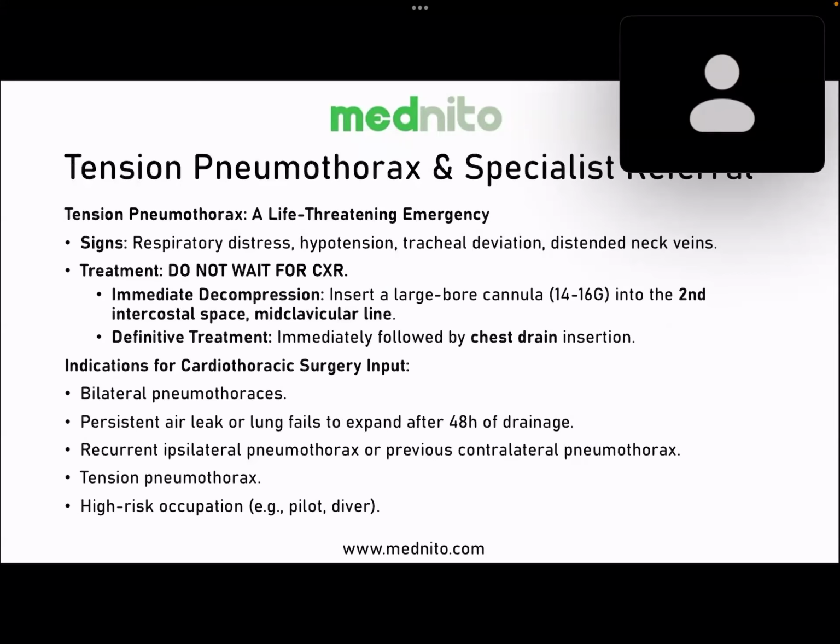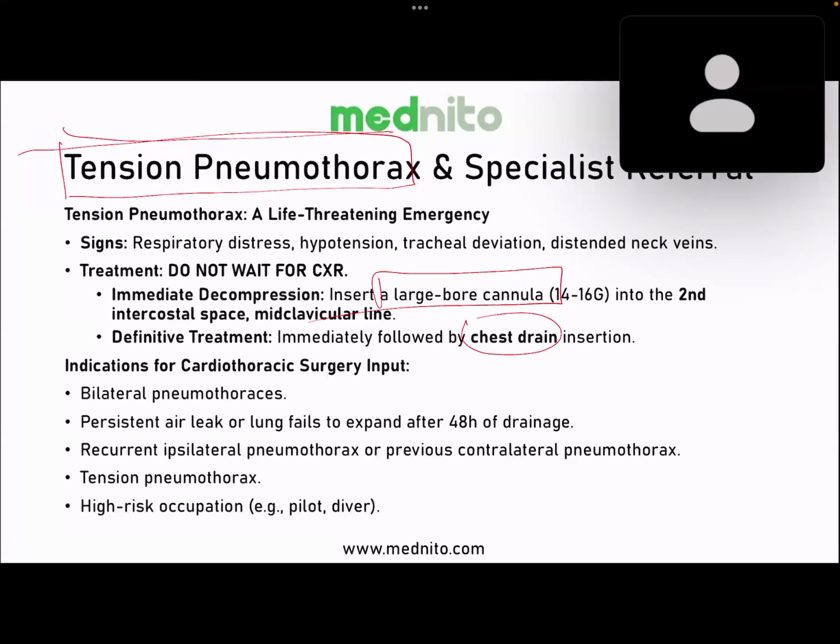Next, we talk about tension pneumothorax. This is a life-threatening condition. Please do not wait for a chest X-ray. You will have to do a clinical examination where there is hyperresonance on the side of the tension pneumothorax with the deviation of trachea. This is one thing that is suggestive of tension pneumothorax. Please do not wait for anything. Insert a large bore cannula into the second intercostal space. That's one thing you will have to do, please. Examiner can ask you about the definitive treatment. Sometimes if it is a definitive treatment, it is chest drain, please. If it is the initial treatment, it is a large bore cannula that needs to be done, please.